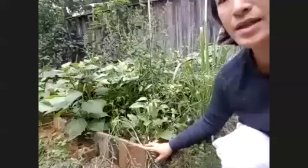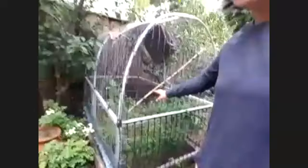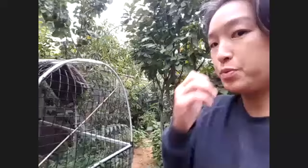But one of the things about the way I set up the garden was, here I've got garden beds, and the garden beds are about 90 centimeters by about 1.6 meters. They are precisely the right size for this chicken tractor to go on top. So you can see the base there and then the tractor on top. And pretty much I do in this chicken tractor the smaller version of what I'm doing out in the yard,